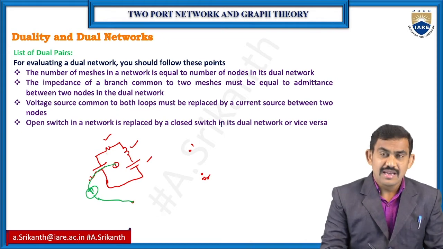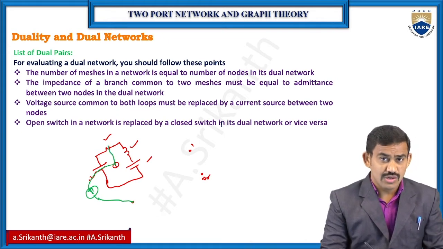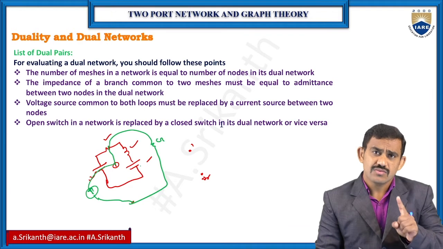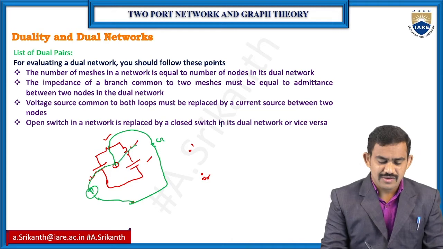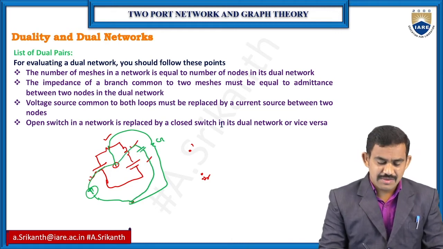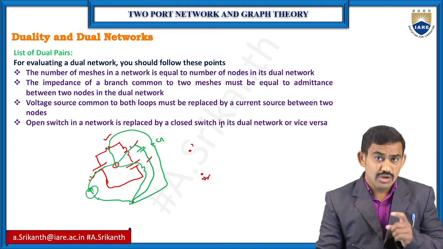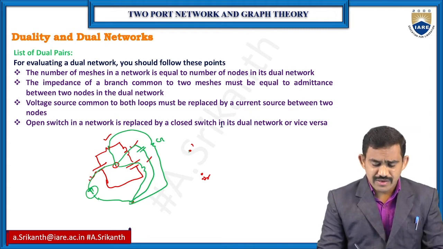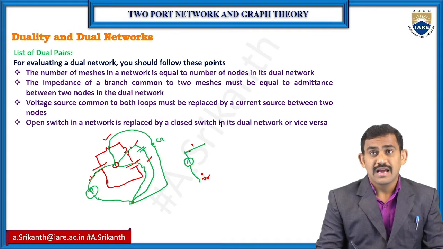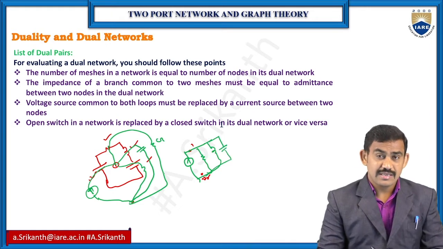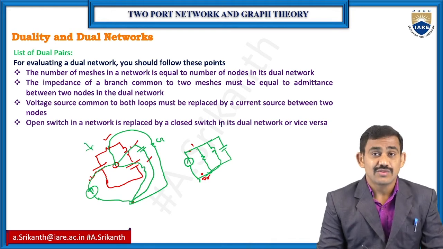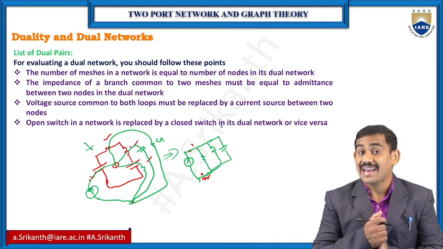And here I have the resistor. Here also I have only one node. So the resistor is converted to conductance, that is G, and connected between the node and the reference node. Here I also have the inductor, so it is converted to capacitor, and the capacitor is converted to inductor. Only one current, so no problem. Now if you observe, between node 1 and the reference node I have the current source, one conductance, one capacitor and one inductor. In the previous case I had a series network, but on conversion the dual network is parallel.